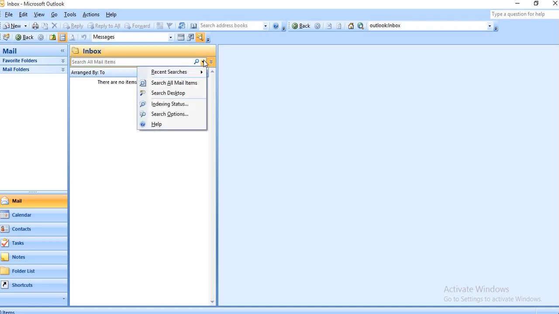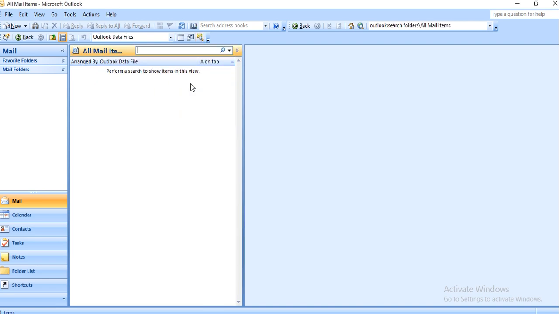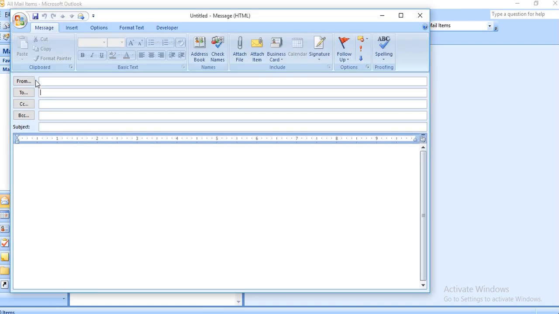See, search all mail items. You can create your new mail. Here you write the sender's name, then the subject on which topic you are sending the mail, and then write the mail and send it to the sender.